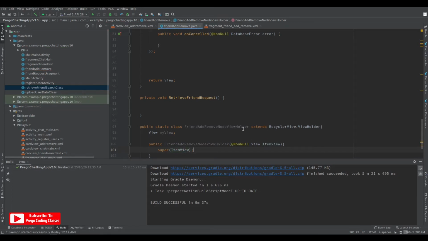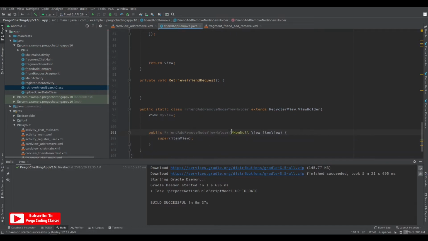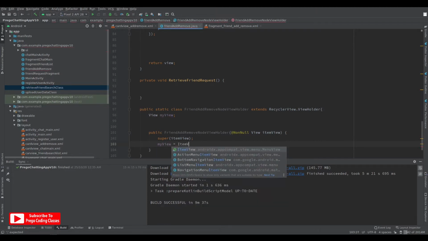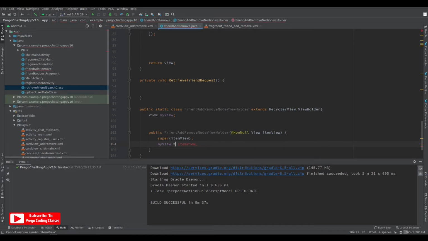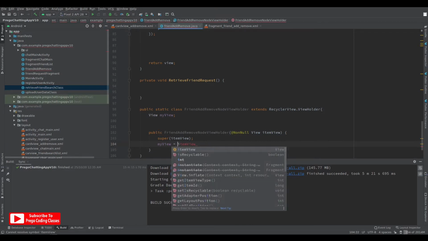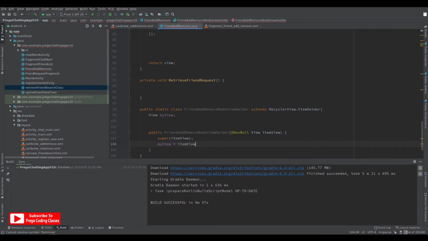As you can see here, the red mark is gone, and we can do it another way also. If you don't want to type so much, let's delete it, and the red mark would come. Let's alt enter over here and create a super constructor, and it would construct by itself. You don't need to work hard. So you can do it both the ways. Now my view would be equals to item view, because we need to fetch the view over here. It should be small letters. Item view,